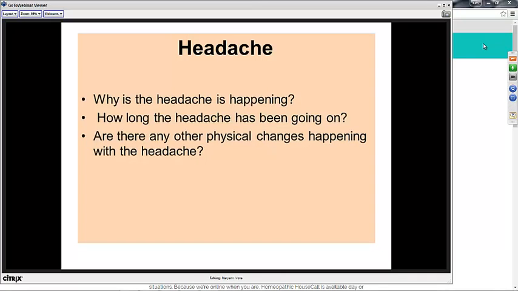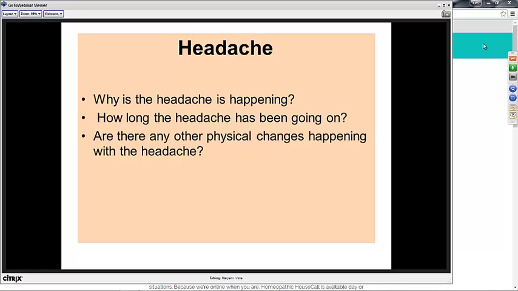Yes, headache. So the big thing about headaches is why is it happening? We all have stress headaches. We all have tension headaches. But if a headache has gone on too long, it's an aphorism 3 thing. You've got to figure out why it's happening, and you've got to treat it. And the headache, for the most part, is going to be a constitutional problem. So using this program to deal with headache, you've got to realize that we're talking about today's headache, not a headache that's been going on forever.